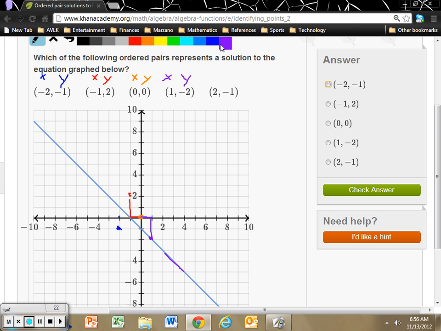Now, I'll just double check this last one for a little extra practice. We have 2 as my x value. -1 is my y. Okay, so I move over 2 on my x-axis. 1, 2. And move down 1 from there because it's a -1. So that shows you that that point would not fall on this line. So the correct answer is